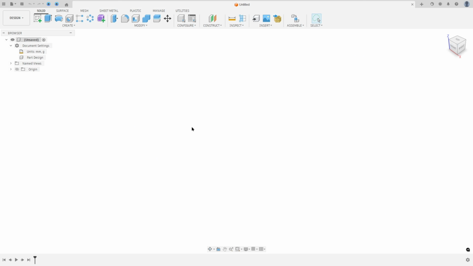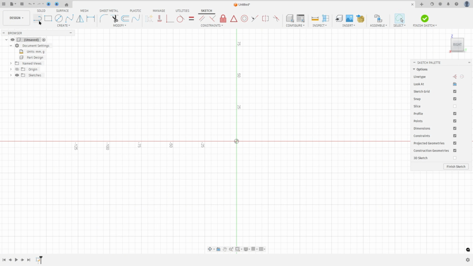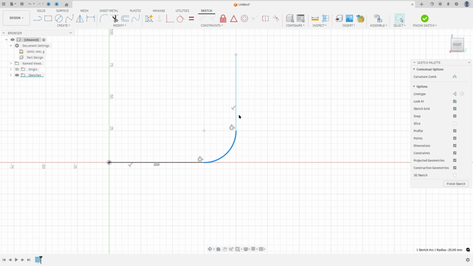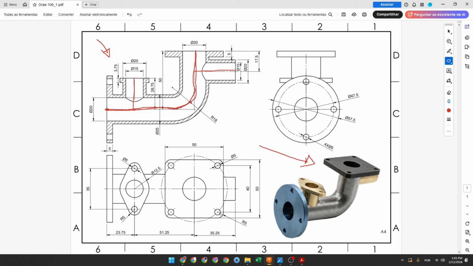Open the Fusion, go to create a sketch, select the right plane, select line, click here in the midpoint, make a line here. Click here and hold the left button of the mouse to create an arc and create another line here, okay? This arc must be tangent with both lines and go to sketch dimension. The distance between this point here and the midpoint, 50 millimeters, and the distance between this line here and this point is